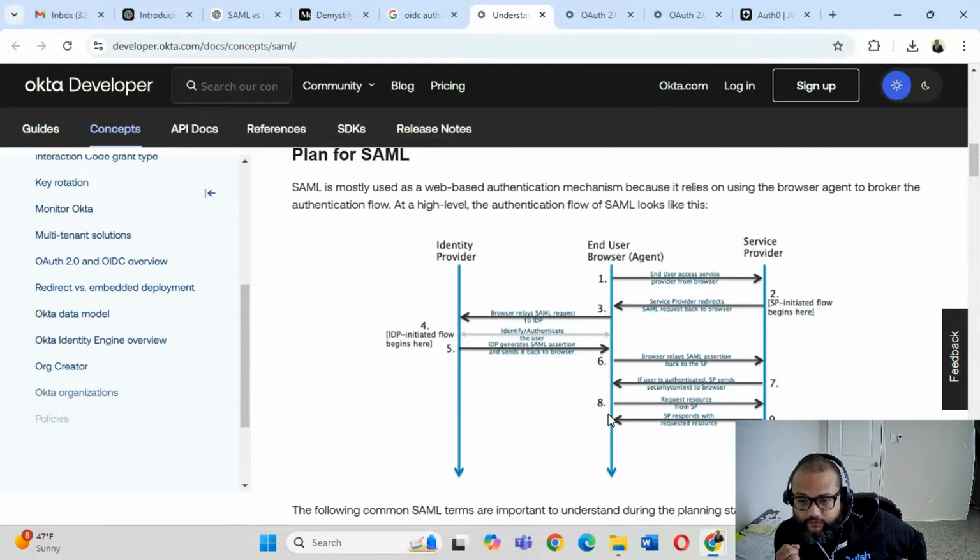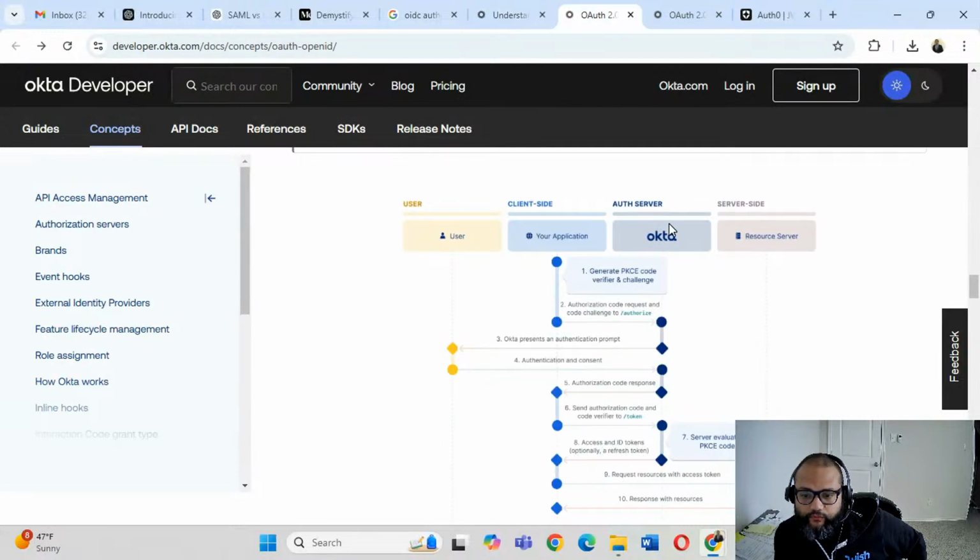So basically, it's a three-way communication, and verifying the authentication identity of the user is done by the identity provider. And the main difference is that the authentication document, which is called a SAML assertion, is an XML-based document that has been shared with the service provider. Now, if you go into OIDC,